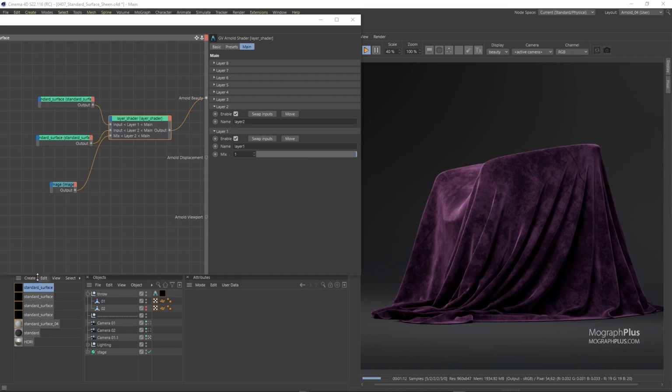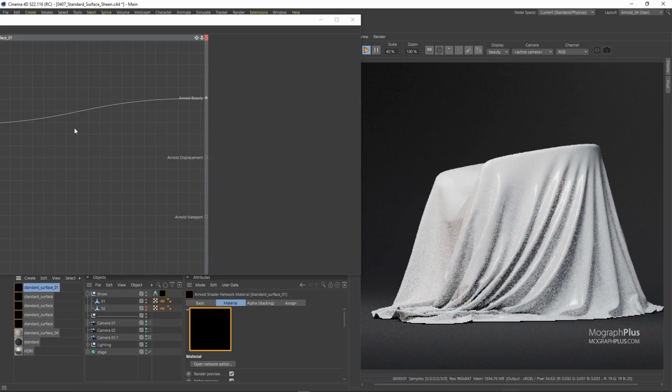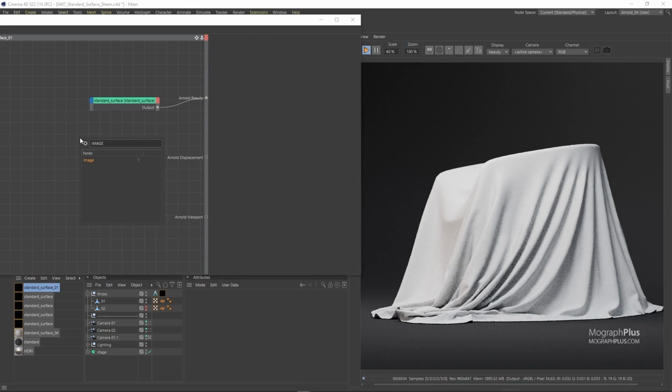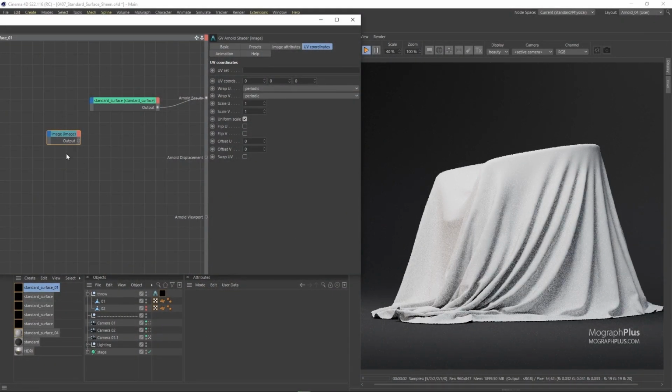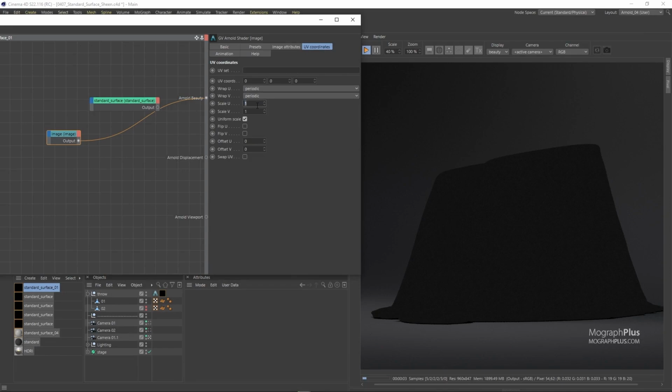Next, let's create a simple upholstery cotton fabric shader. So let's create a new Arnold standard surface shader and assign it. And zero out the specular weight. Load this fabric pattern image again, and obviously you can find your own fabric pattern images online. There are tons of them, and use them instead to get different patterns and different looks. I'm going to set its tiling to 0.2. As this is going